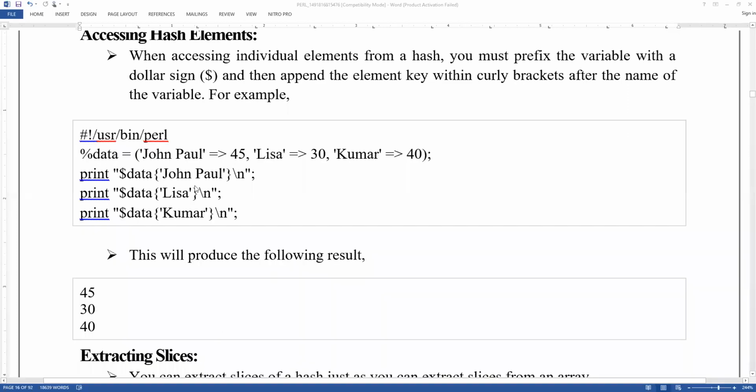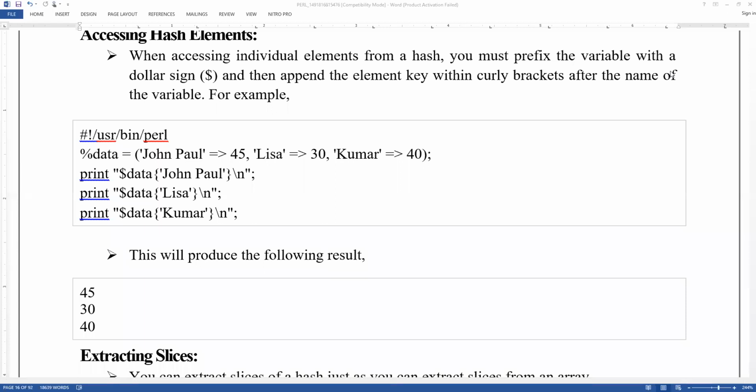Exactly. See, it is just like a dictionary type. So tell me, in this, which one is the value and which one is the key? 45 is the value, sir. And the key? John Paul. Exactly, perfect.